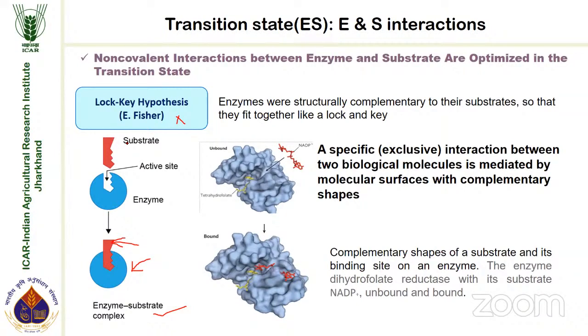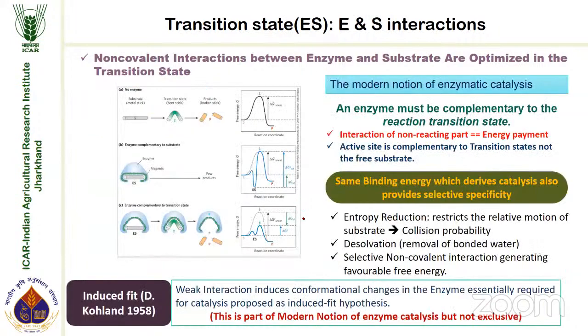For the lock and key hypothesis, a classical example is dihydrofolate reductase, where the active site is already fixed. Tetrahydrofolate comes and binds, and NADP comes and binds, and they carry out the transferase and oxidoreductase reactions. So this enzyme supports the lock and key model, but it was felt that